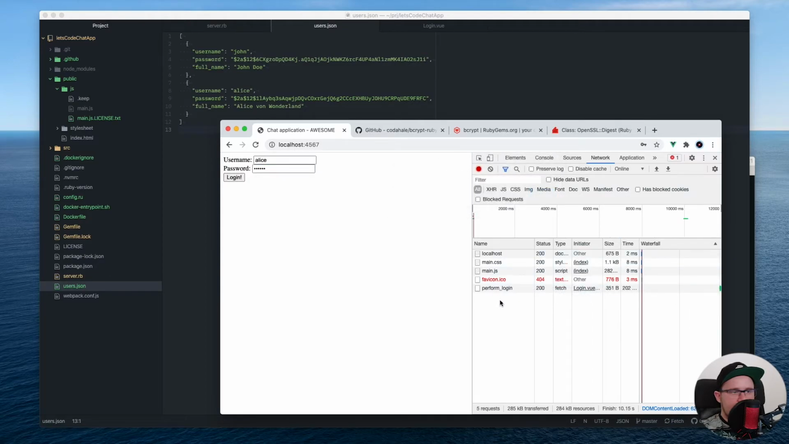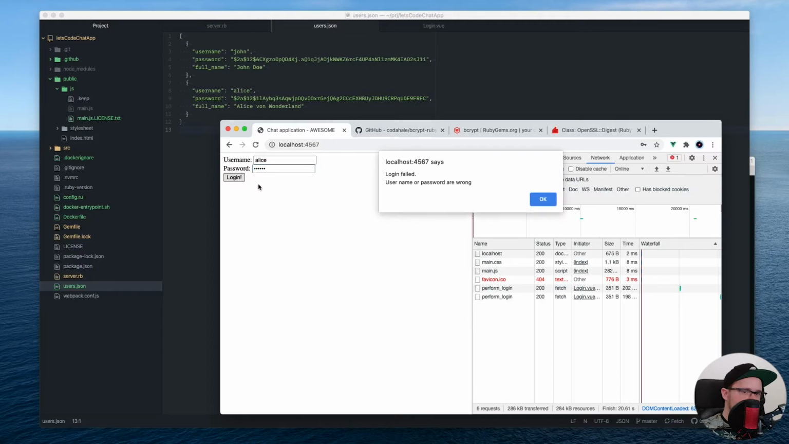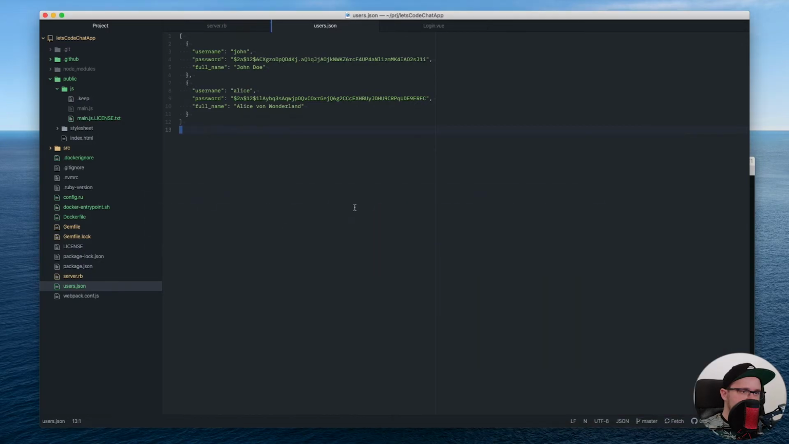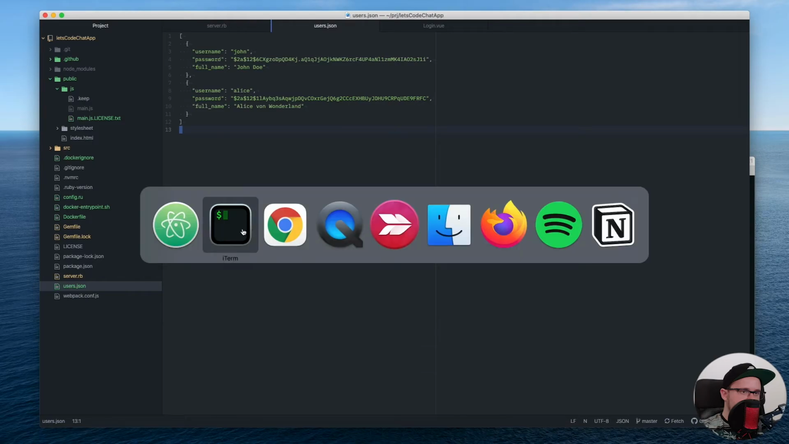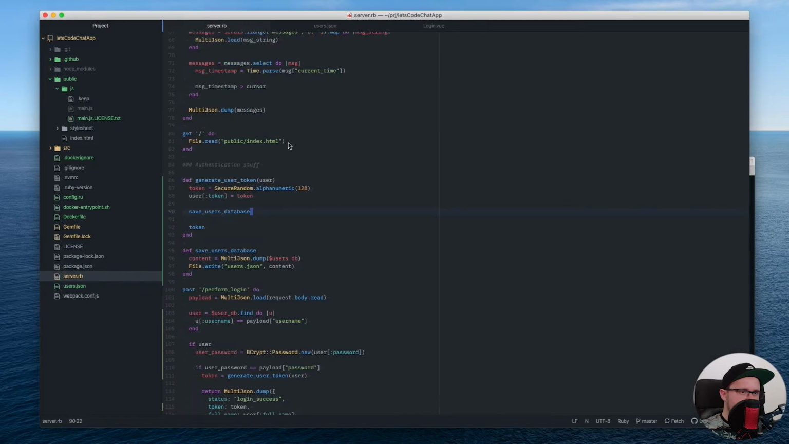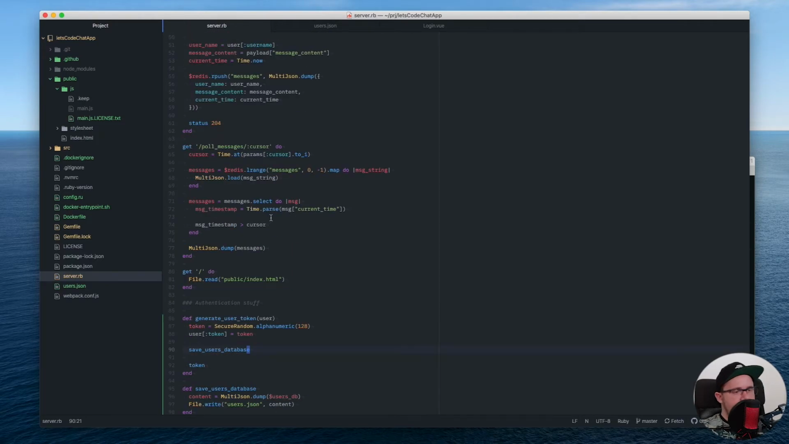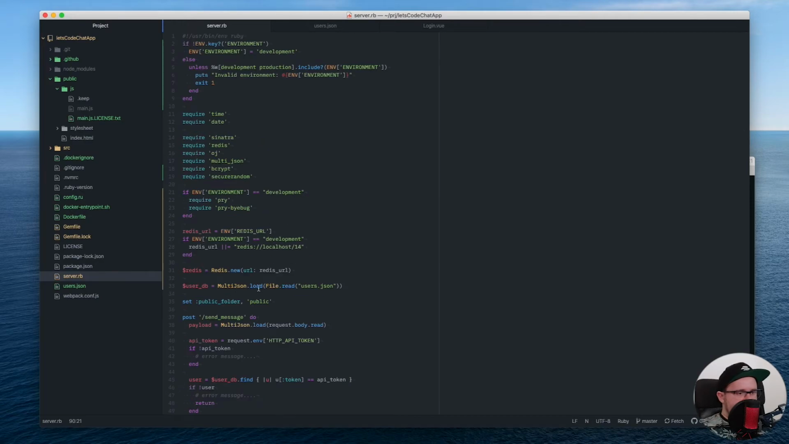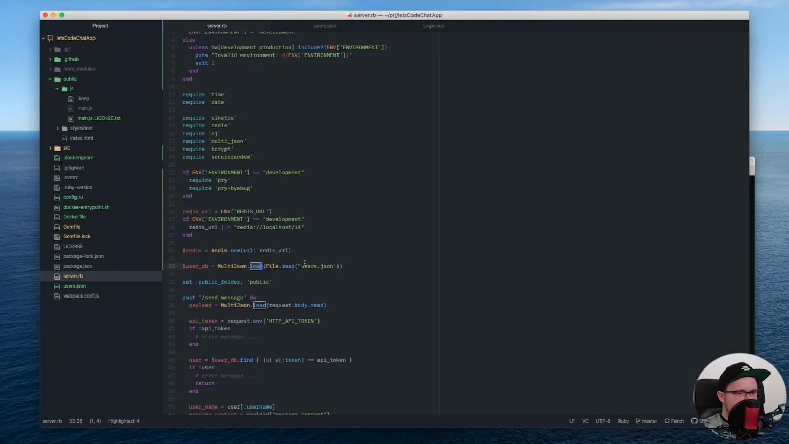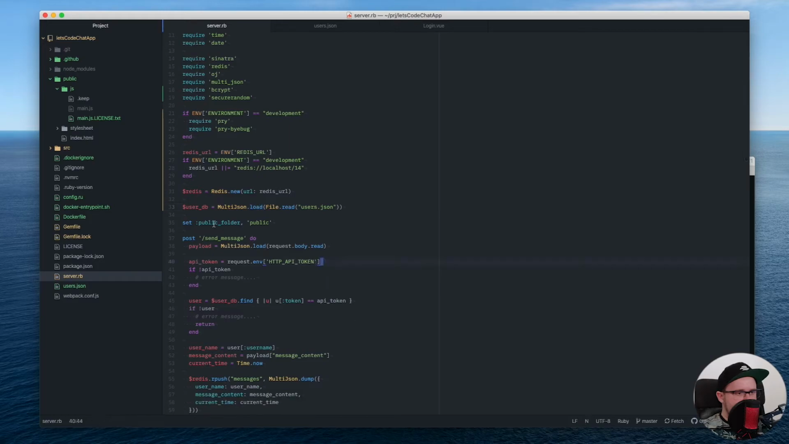It didn't work. Why didn't it work? Secret, didn't work. Why is it not working? Now I'm confused. Multi-JSON load, file read, users JSON. So the users should be here. No, why is